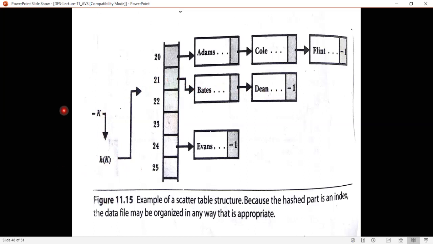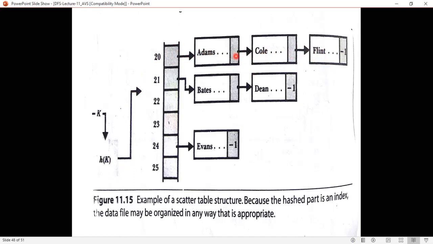In that case, you will apply the hash function to the key, and it generates the address 20, and in the index at 20 you have a pointer to this particular synonyms list, and in this list you are going to search for Flint. Understood?